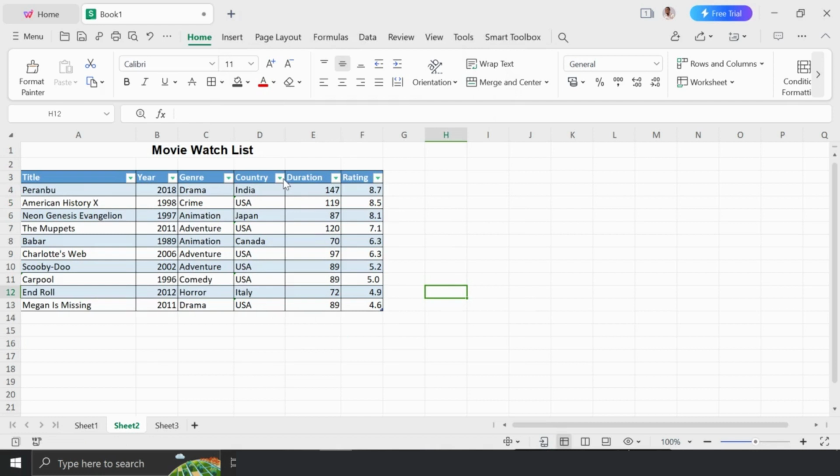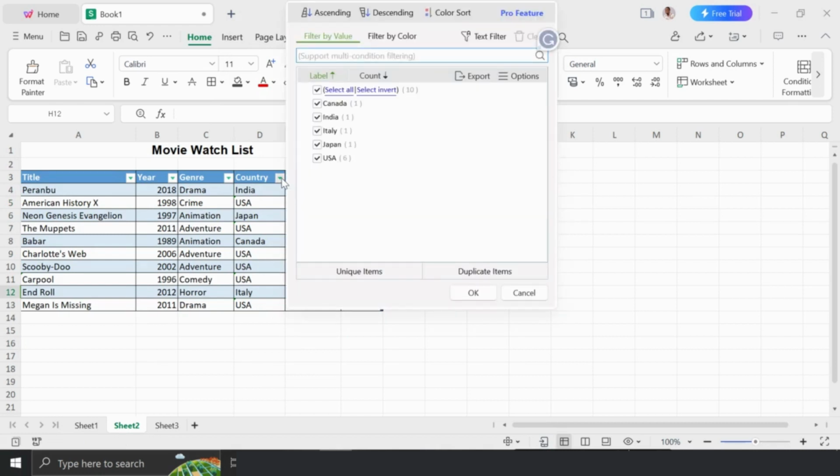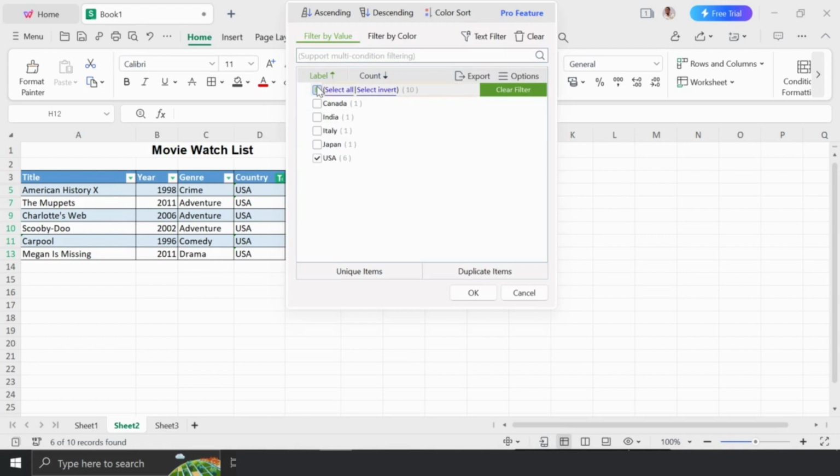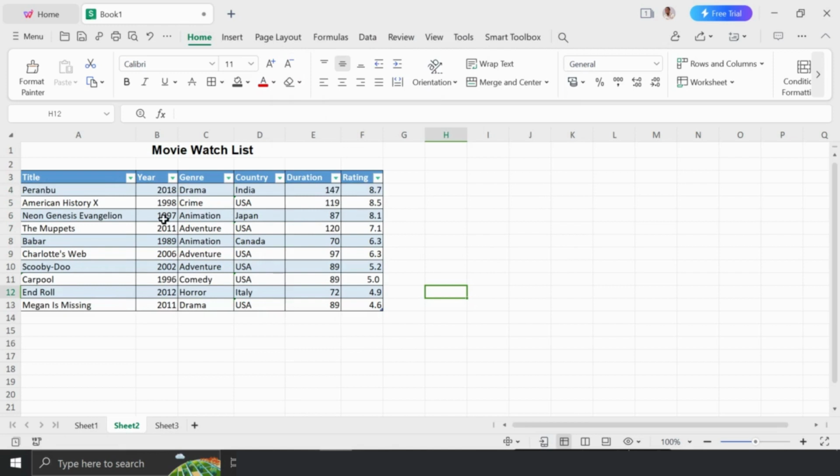I can do the same for country. Click on this downward facing arrow. Say I want to see only the movies that were produced in the USA. I unselect the other ones. And when I click OK, it shows me only the movies that were produced in the USA. And say I want to take my table back to the way it was. I click here, select all, and OK. And my table goes back to the way it was before. So I have shown us two ways we can